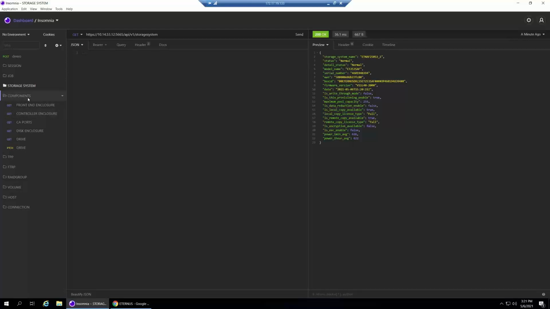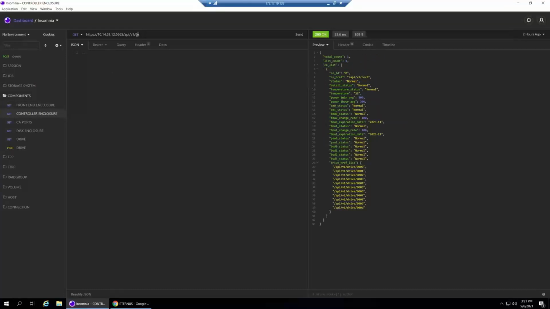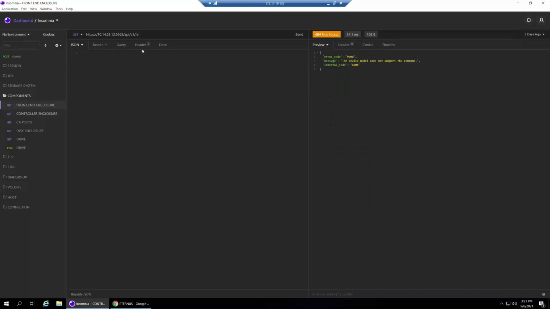And if we go to the components folder, we can, for example, see the status of the front-end enclosure, which is obviously not applicable in here because we are using an AF system with no front-end enclosure. We can see the controller enclosure, which is basically /C. This will be /FE. This is all described in the API guide.